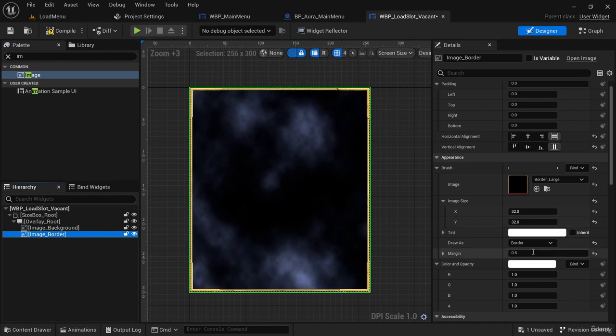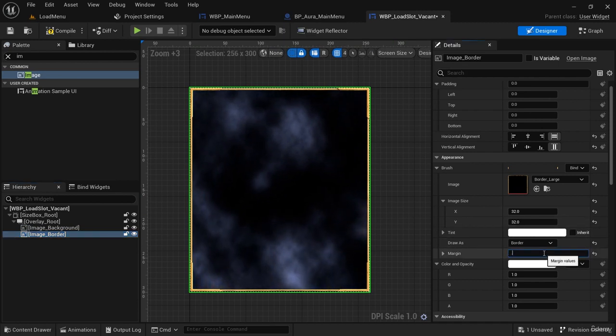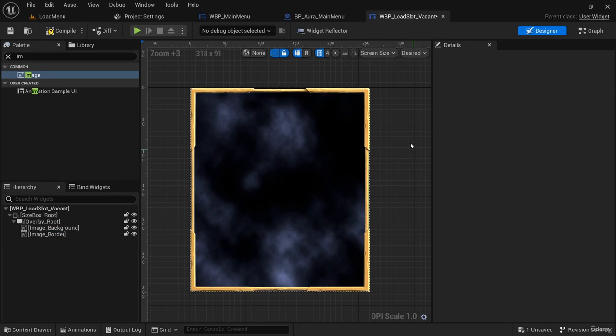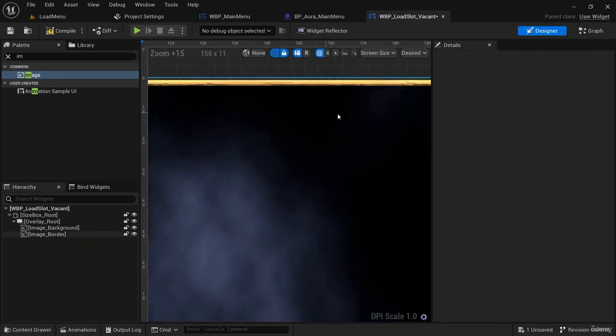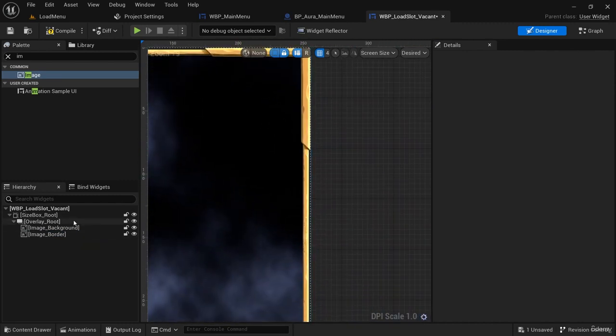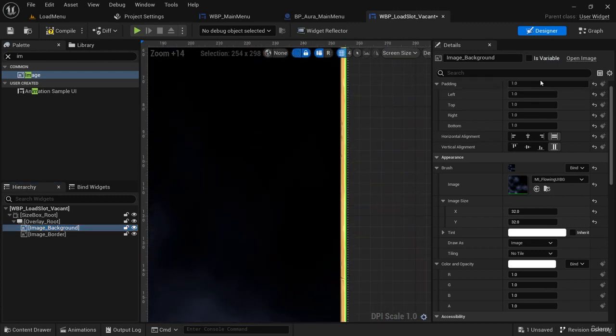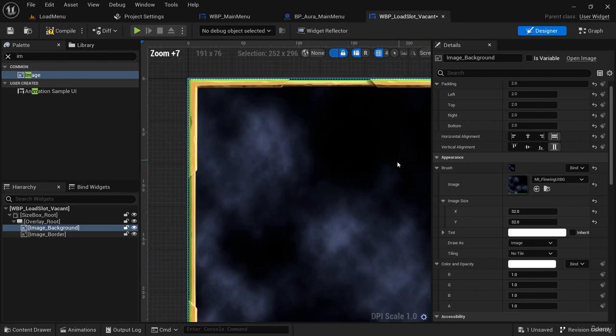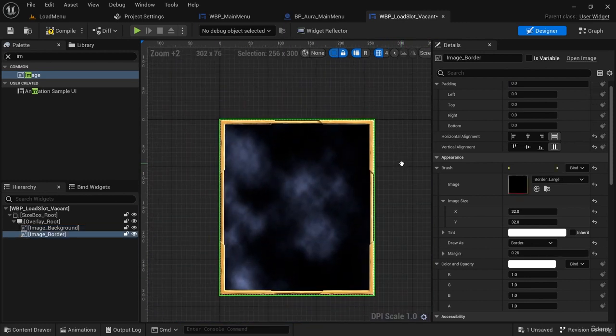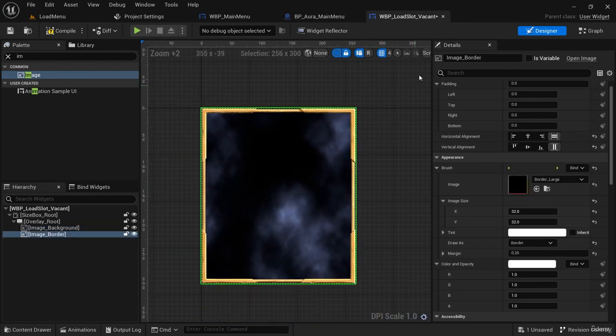I'm going to go to my border and we can play with our margin. If I set it to 0.25, it'll be a little thicker and that might look a little bit better. It just depends on what you're going for. Just make sure that background has enough padding to accommodate for it. I think it can look pretty good with this amount of padding. Now I'm going to take this